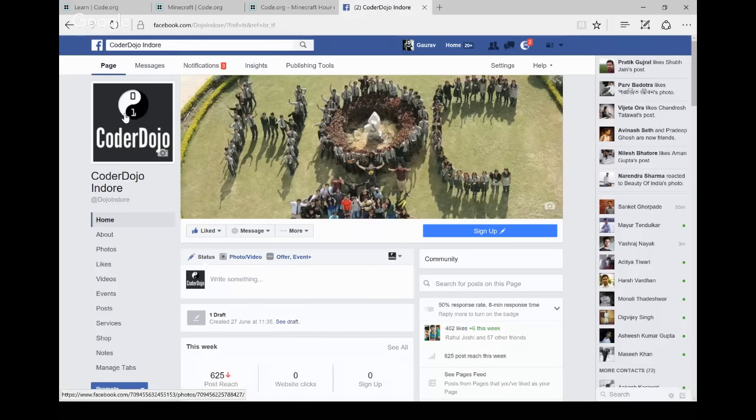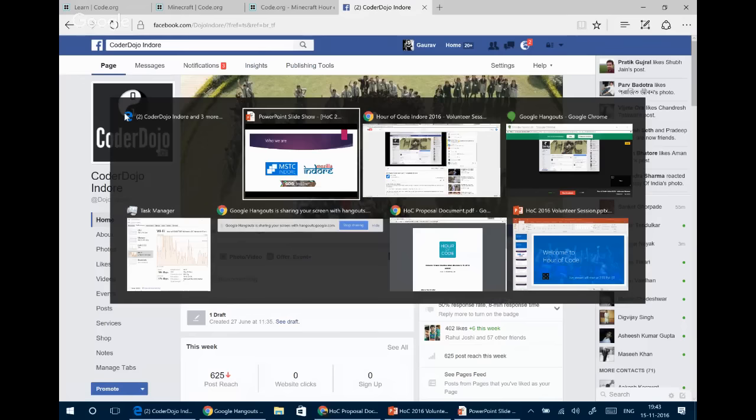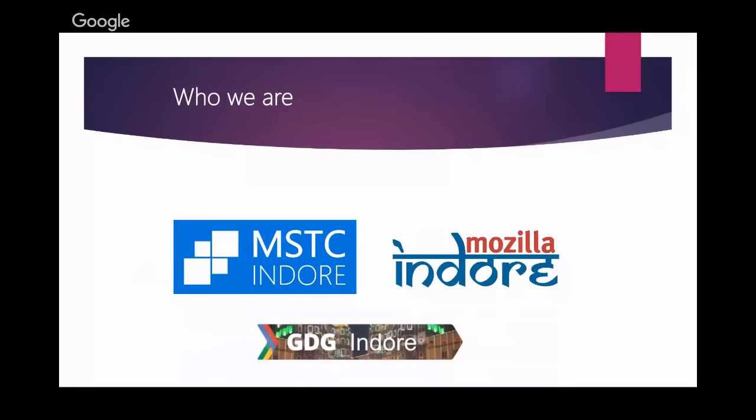So if you go and visit some school, if you contact someone, if you say someone about Hour of Code, you can directly say that you are part of a Coder Dojo team. We have developed this because we don't want fragmentation, that we are from different institutes and all. But I wanted to focus on these three communities because I want every one of you to be aware of it. It might be useful to you in other endeavors of yours, right?